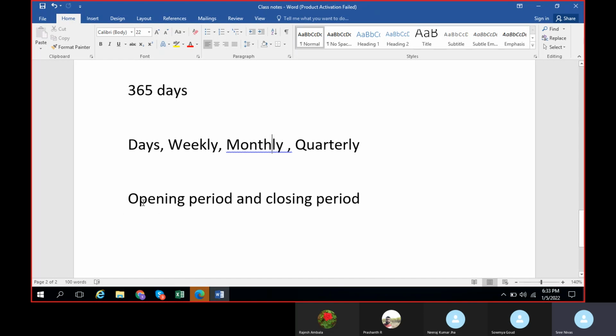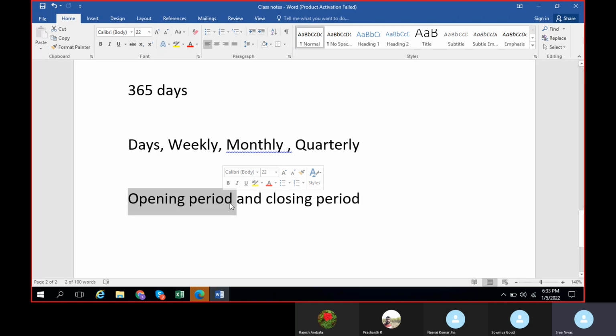Because in every business we will have opening balances as well as closing balances, right? In case you want to transfer the closing balance of the previous year, it will become an opening balance of the current year, right? We should have a separate period for that.